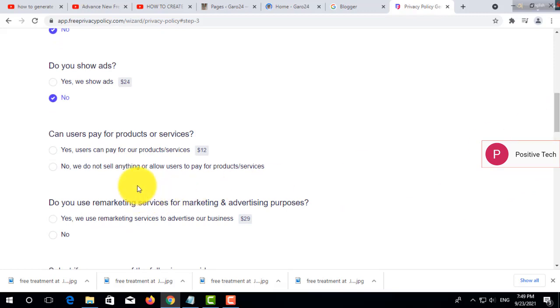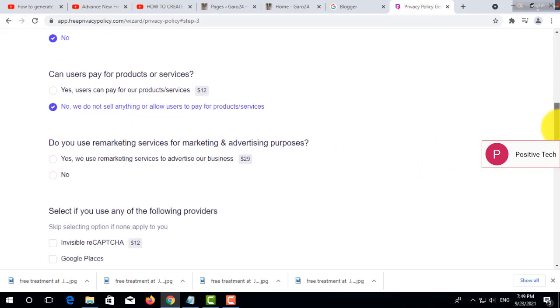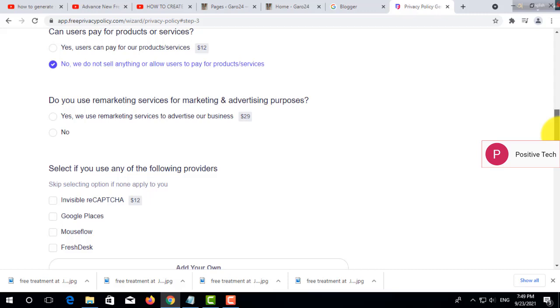Okay, so I am selecting no because I don't have any product or services, so for that reason I didn't select it. Whenever you have product services, that time you have to select it. If you select it, you have to pay $12. For other websites, their privacy policy doesn't need that. So I have to select no. All things I am selecting no. Okay,